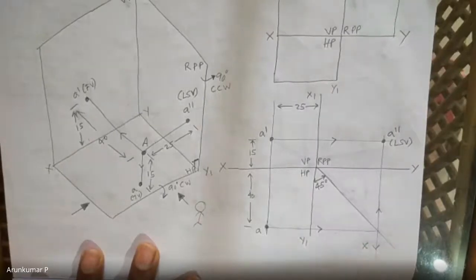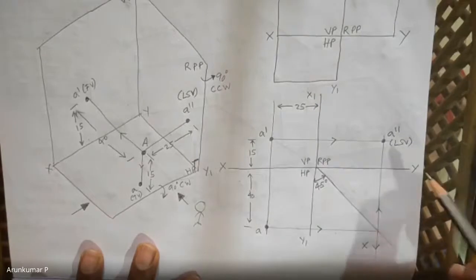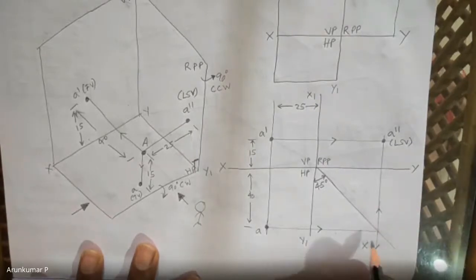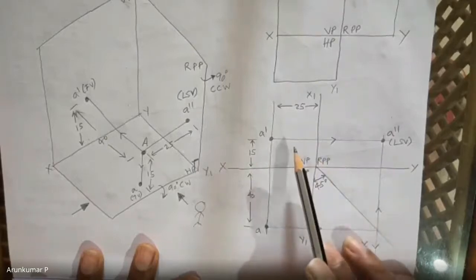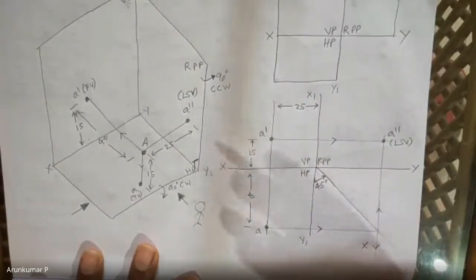See, in some of the cases, it may happen that after you project the top view onto the median line, you have to decide whether you want to go up or down. So in this case, the front view is up. But let us say you are in the second quadrant. That time it is possible that the front view may be down, or you are in the third quadrant. It is possible that the front view is down. So at that time you have to project it in the downward direction.